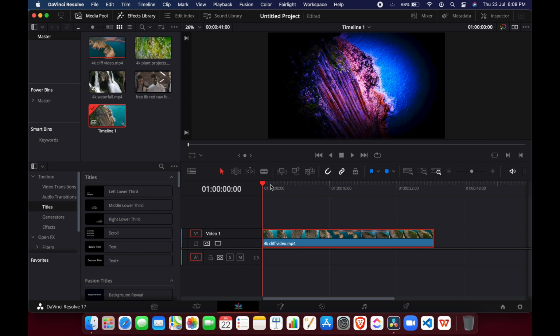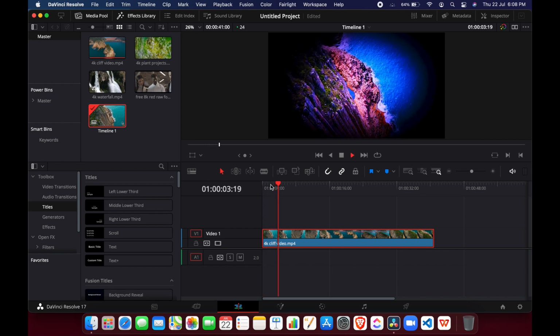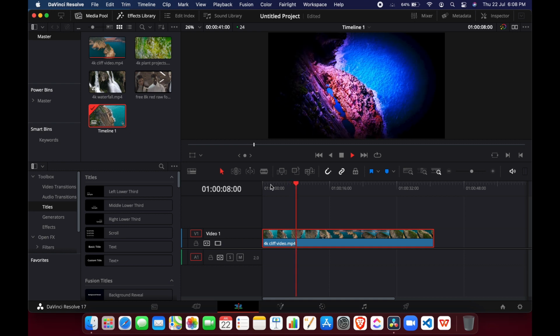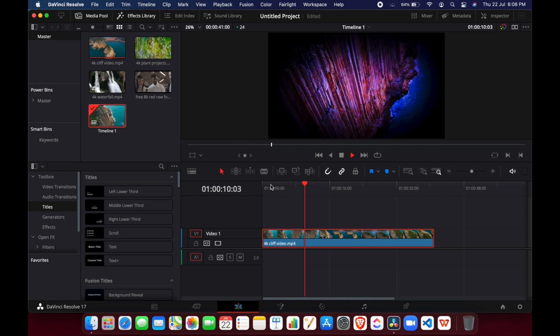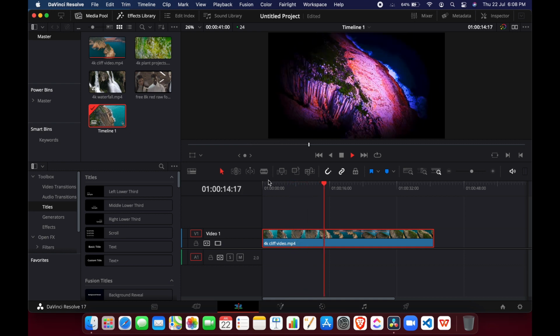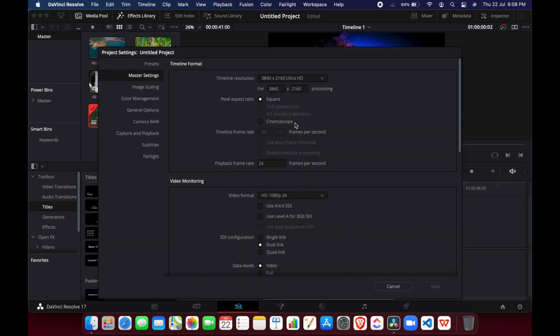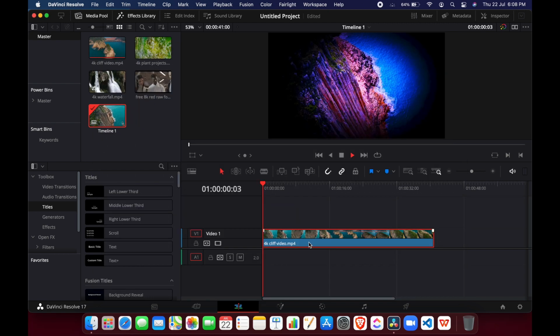So 3, 2, 1, go. Okay, so our footage is lagging a bit. Yeah, it's lagging quite a lot. See, it's dropping a lot of frames. This is not smooth playback at all. So if we just drop this timeline resolution from 4K to HD and then play this back,